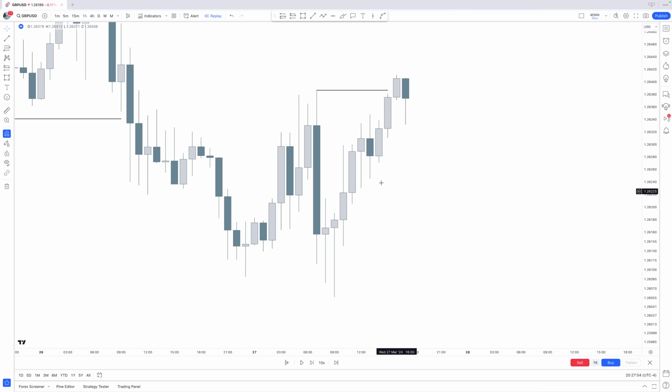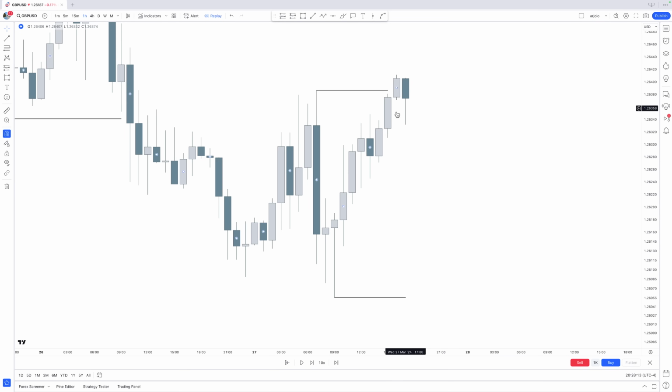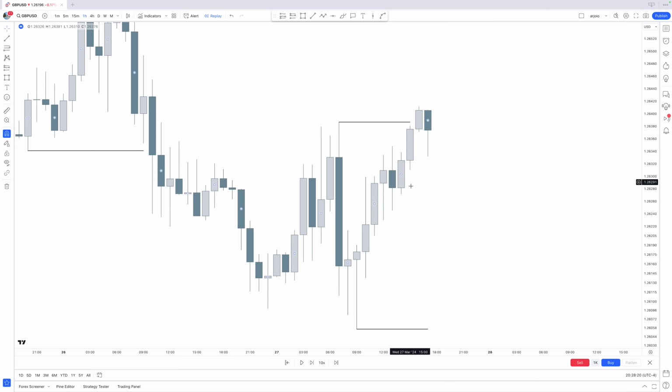Where if we now want to continue lower and we want to target this low right there, because that's, again, the fair value area low right now, that's the seeking liquidity low, then we have this whole move potentially to get involved. So why get involved as early as possible right there and try to call a top in the market? That doesn't make sense because at this moment in time, all we are dealing with right there is